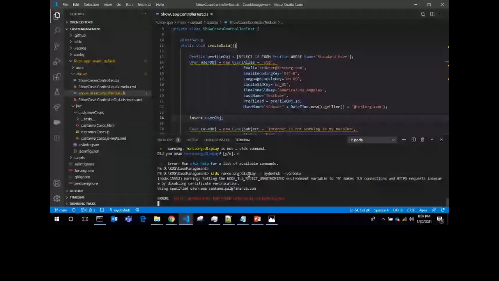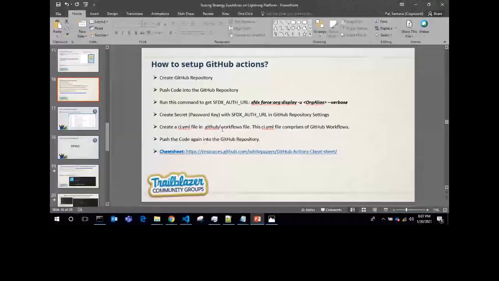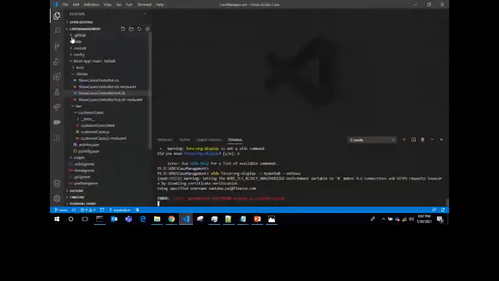In the meanwhile, we can create the main file called ci.yml, by which we can execute the GitHub Action. What I have written here: create a ci.yml file in the .github/workflows folder. I have already created the basic structure of the ci.yml file. I created the .github folder, and under it the workflows folder.